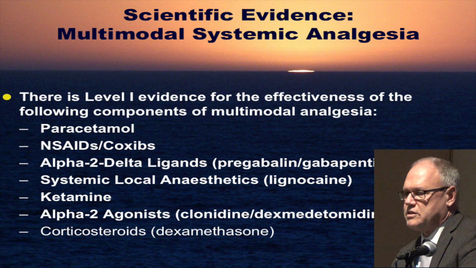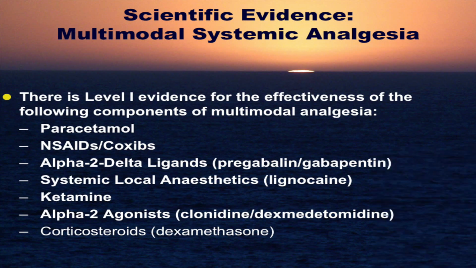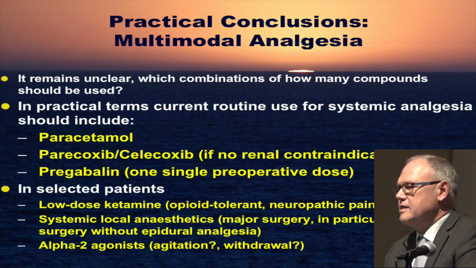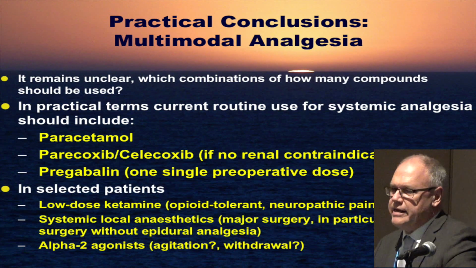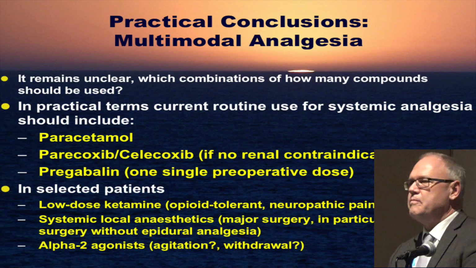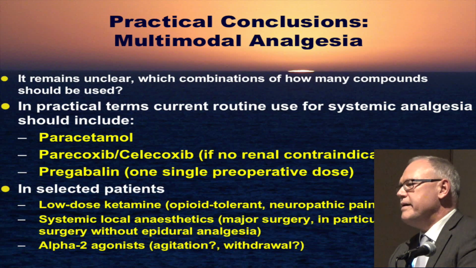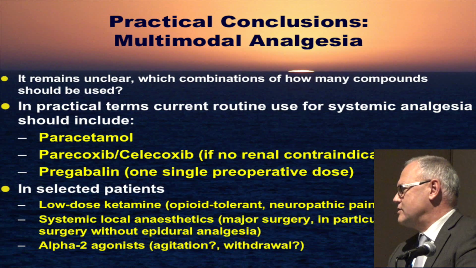Paracetamol, NSAIDs, opioids, alpha-2 delta ligands, systemic local anesthetics, ketamine, alpha-2 agonists, and corticosteroids in small quantity, because as I mentioned, only very limited benefit. Now the problem we are facing at the moment is that it is unclear which combinations of how many compounds should be used, and you can imagine how many trials you would have to undertake to analyze each of these